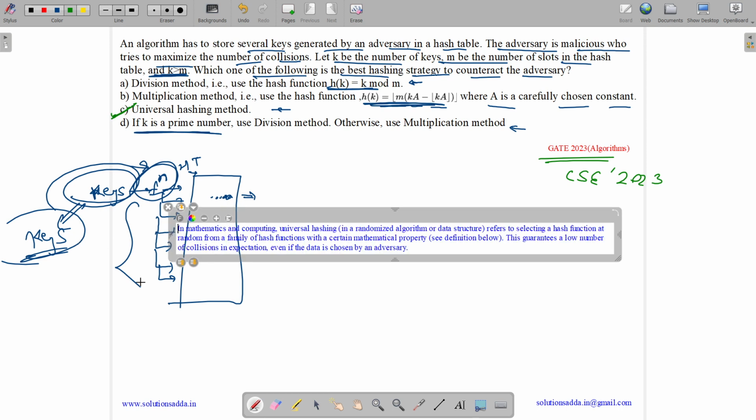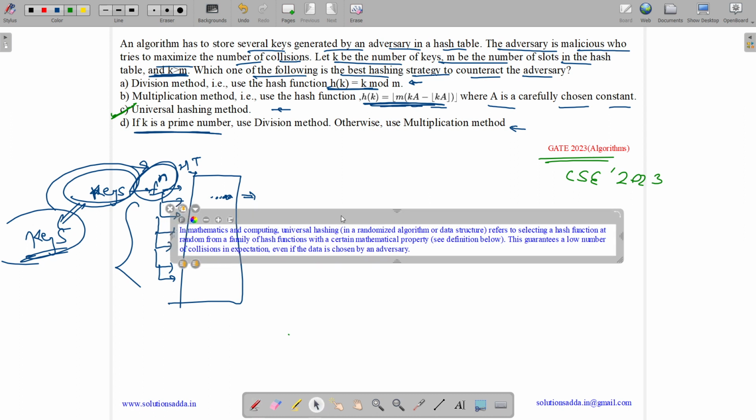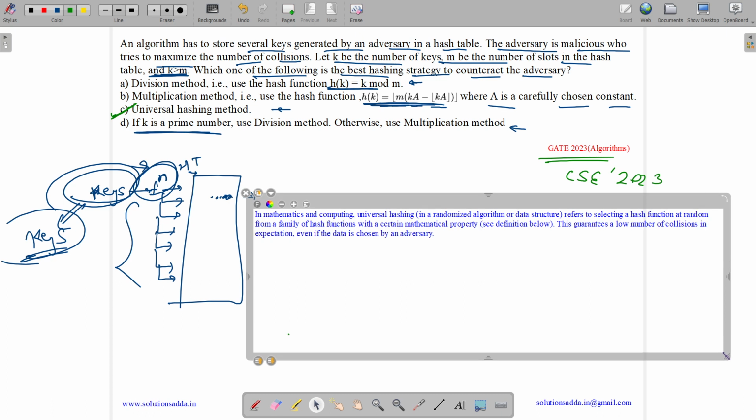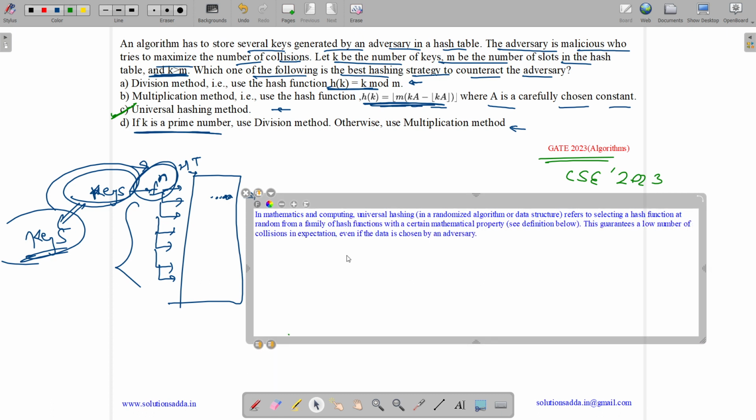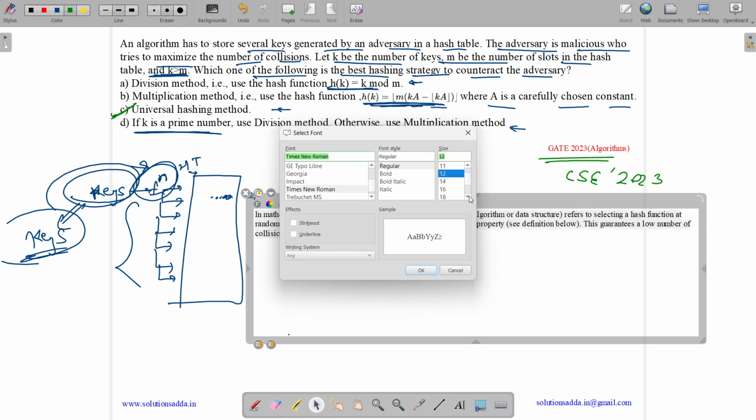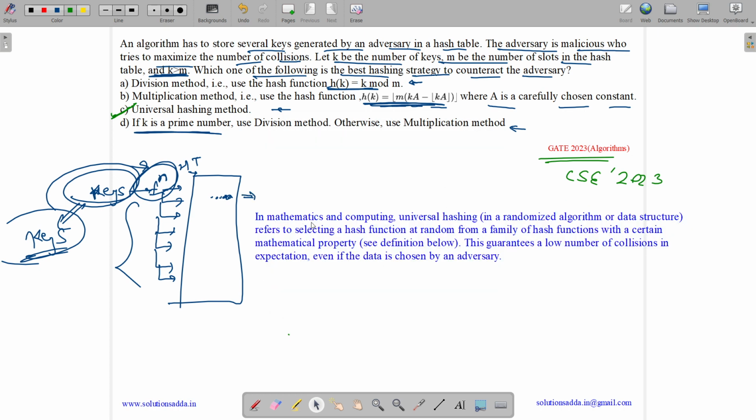And I will be showing you this comment, taken from the Wikipedia page. So what is universal hashing? Let me first increase the font so that you can easily see what's written over here. In mathematics and computing, universal hashing in a randomized algorithm or data structures refers to selecting a